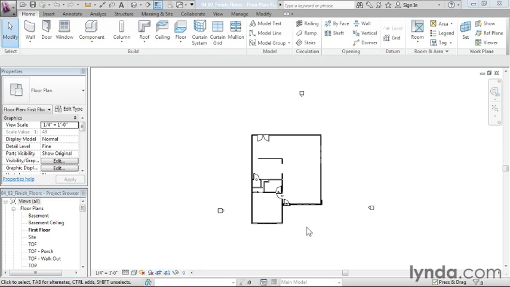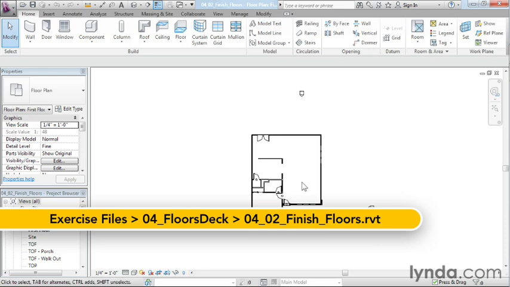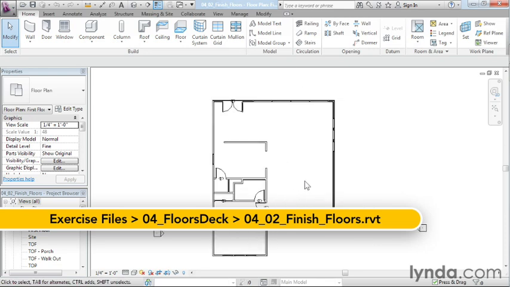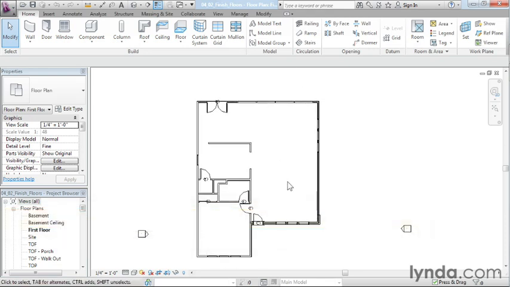Now that we have our structural floors in, we need to come in and start to draw in our finished flooring material. Our finished flooring material is going to be such information as the carpeting, the wood floors, any kind of tile, anything you might think of as a floor finish. In the case of our project, what we're going to have is carpeting in this area right here,